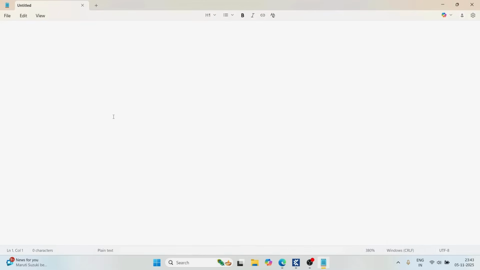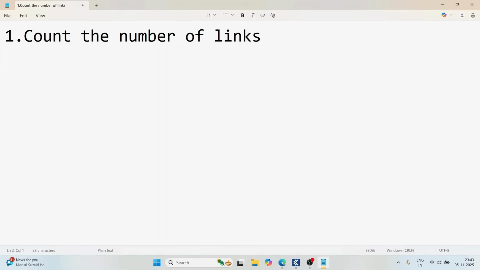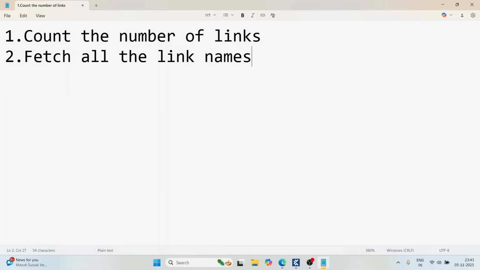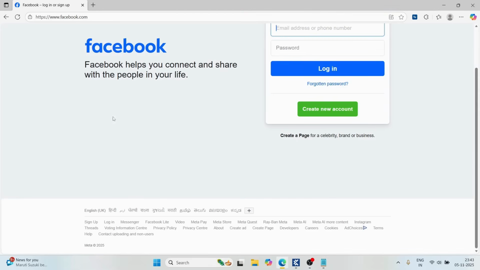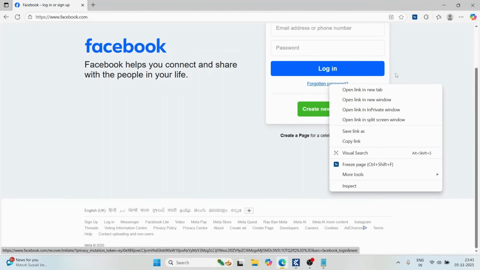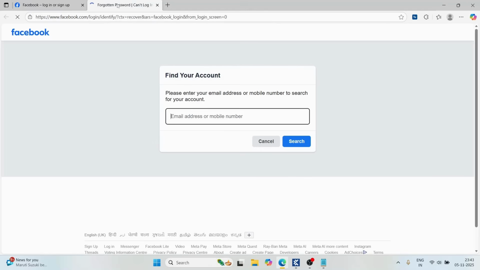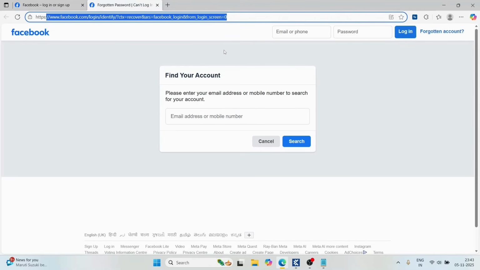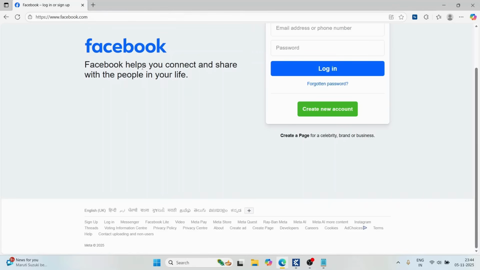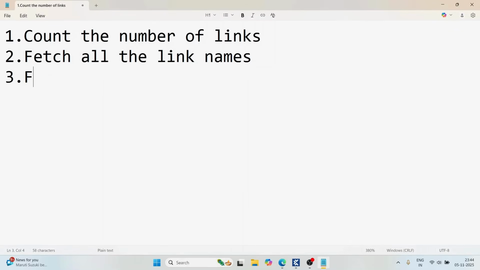So the first step I'm going to do is count the number of links which are present. Now second thing is, not only do I want to count, I want to fetch all the link names. Now every link is going to have a hyperlink. For example, if I right click and do open link in a new tab, you'll see it has a different URL because it is going to navigate maybe to a different page or to the same page. It will redirect to that. That depends on how the website is designed, but we are going to fetch the